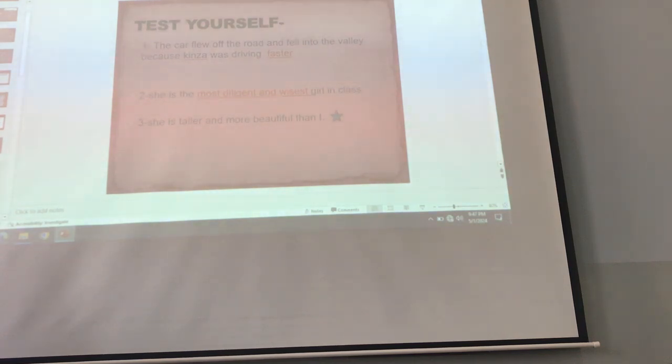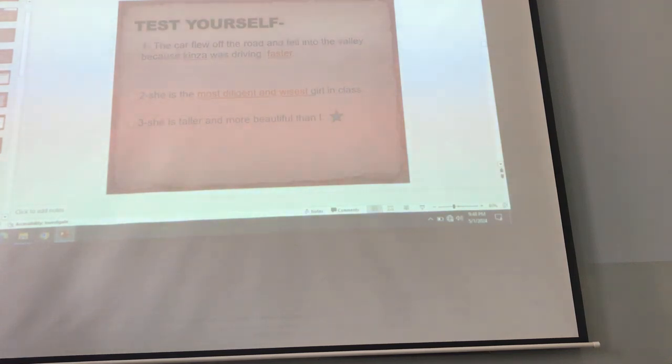For better understanding, let's solve some examples. The car flew off the road and fell into the valley because Kinza was driving faster. She is the most diligent and wisest girl in the class. Kinza was driving faster. Faster is not the perfect degree. Here is no comparison, so the positive degree fast will come. She is the most diligent and wisest girl in the class. Here most is wrong because wisest already